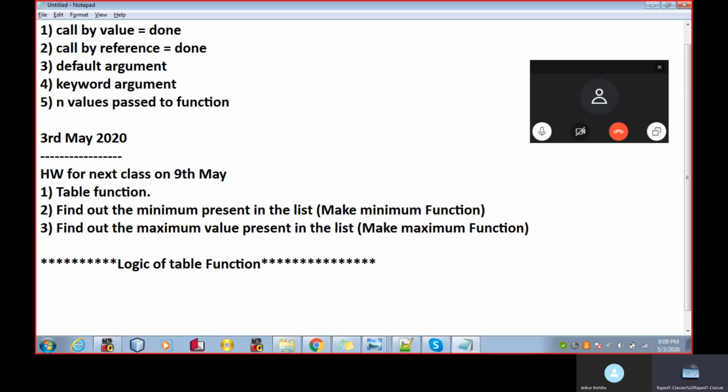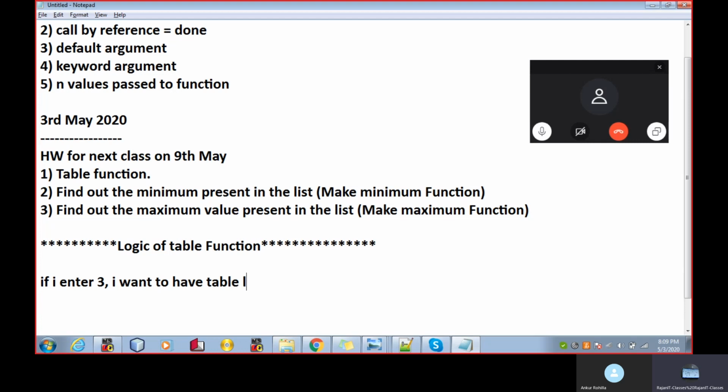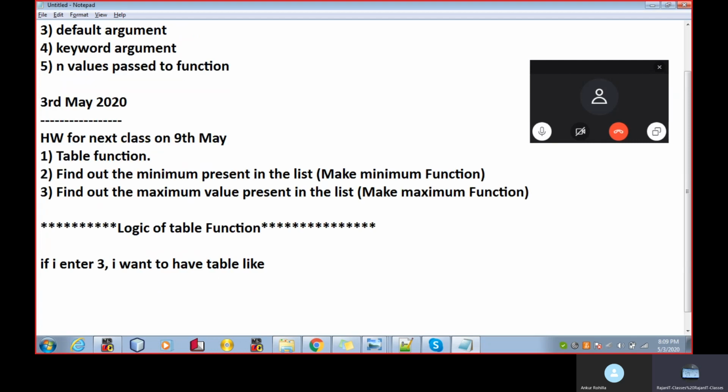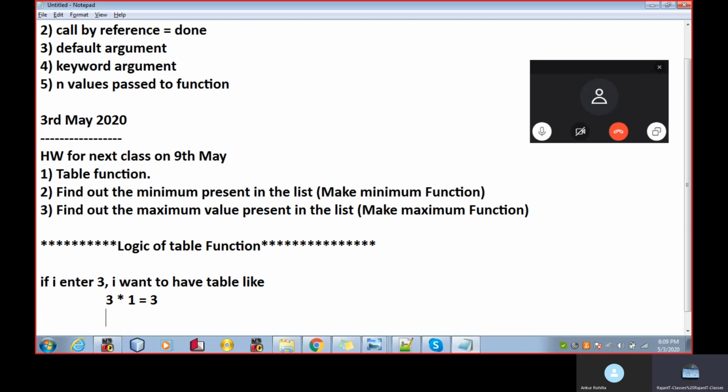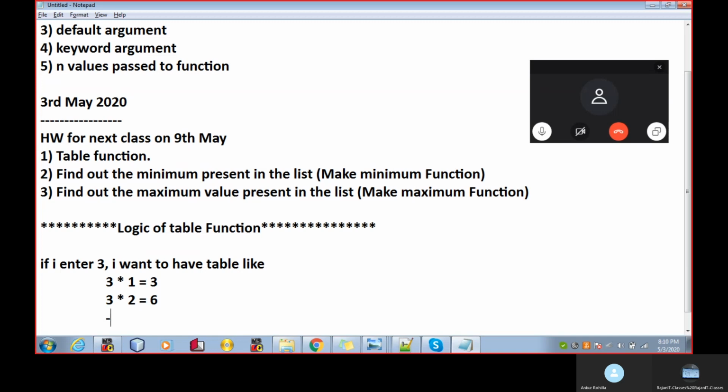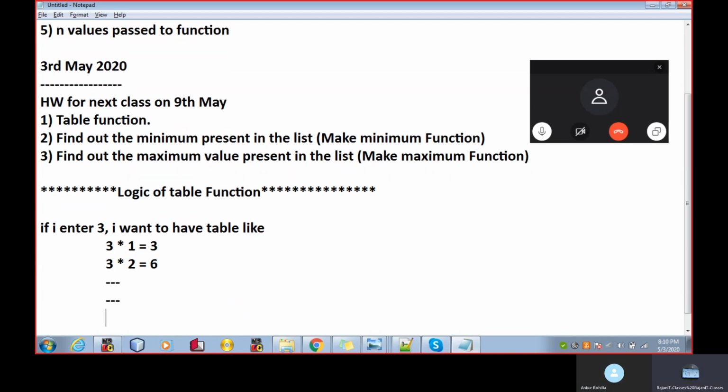The table function. Let's say someone enters 3. If I enter 3, I want to have a table like 3 going on, keep going on, let's say 3 into 10.